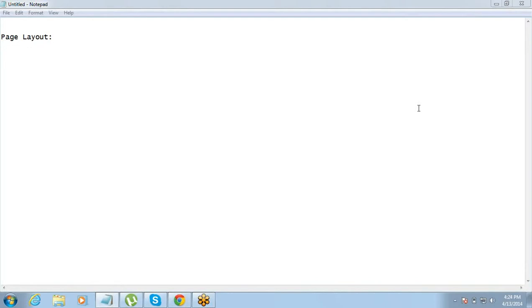But the problem with the page layout is that it has very limited options, right? If I want to enter my company's logo, I cannot do that on a page layout. If I want to enter some custom text, I cannot enter that. If I want to enter a link, I cannot. The page layout option that we see is available only for the data which is there in the object. Any data that I want to bring in, static or dynamic, which is not existing in the object, I cannot bring that, right?